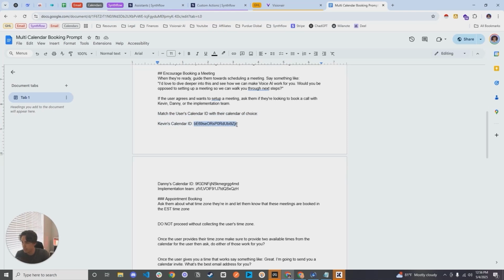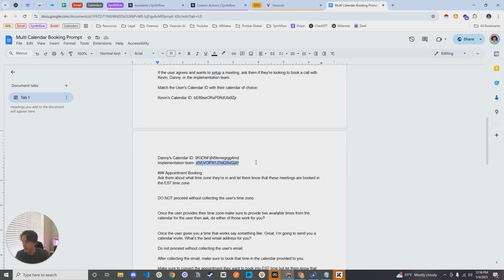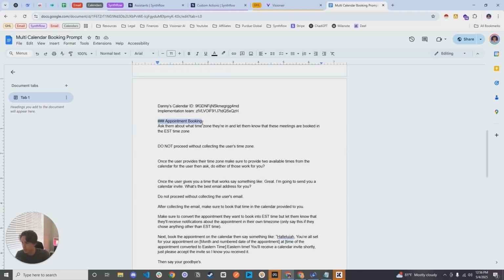So if it's from my calendar, it's going to select this calendar ID. Danny's calendar, this calendar ID. Implementation team's calendar, they're going to use this calendar's ID. All right. And once it does that, then it's going to go over to appointment booking, which is where we